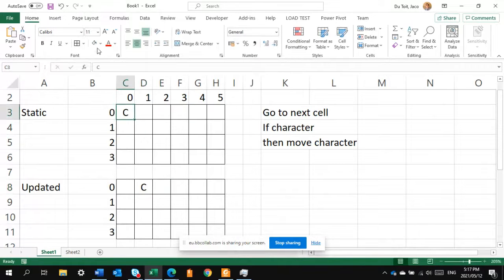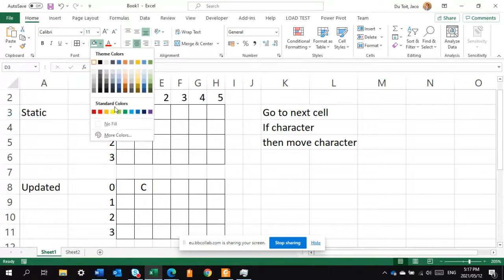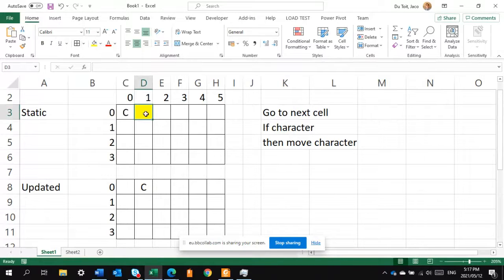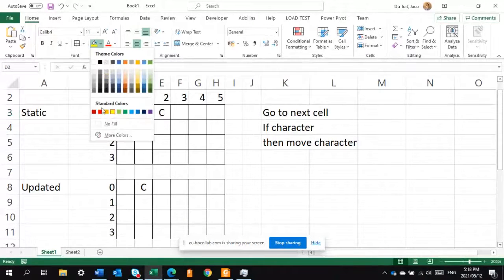So if we start with the cell, we decide that the character has to move to the next location. What we do is we actually put the character in our updated array in the next location. That then helps so that if we now move to the next cell, we don't unduly move the same character again. And that also helps if we, for instance, get to this location, and let's say that location also has a character,